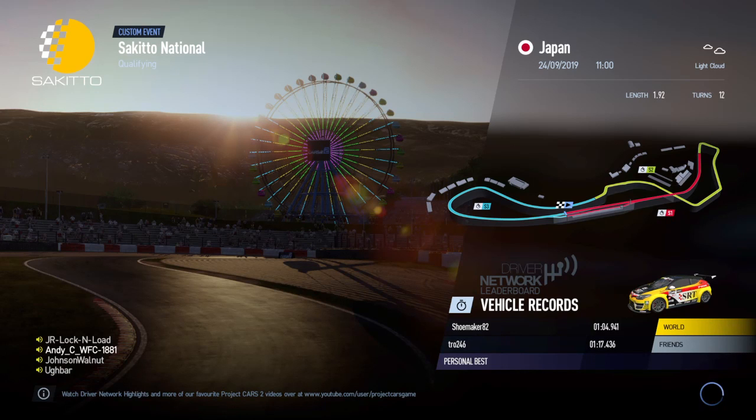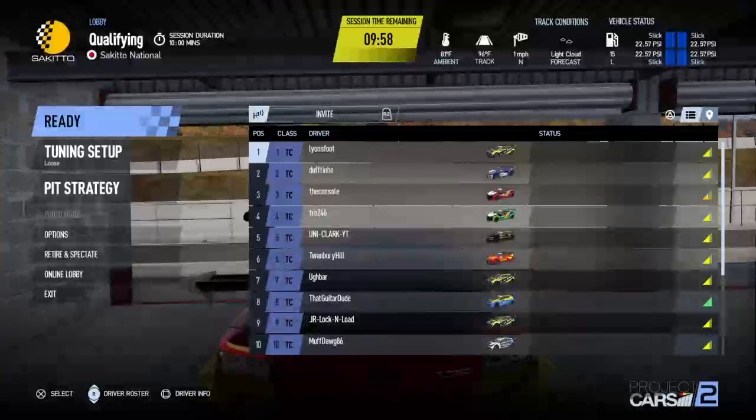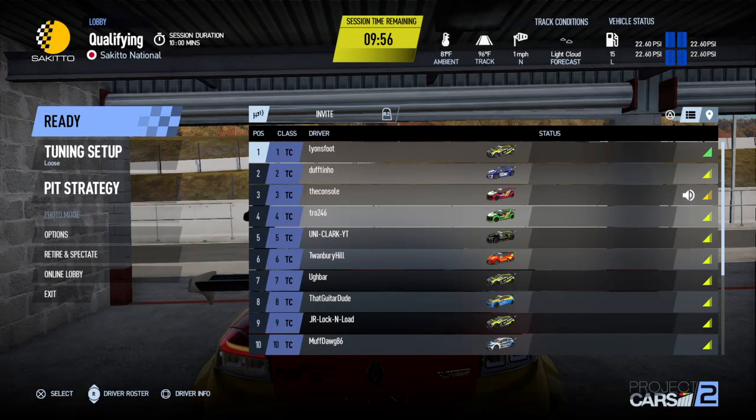Obviously you can join us for 4 nights this week. We're on Thursday night, September 26th. The Thursday Night Lights series will be returning for a season 2. We're live from Road America at 8 o'clock in the evening on Thursday night. We're going to be racing the Radical SR3s, and it's going to all be live on this channel from 8 PM BST, that's UK time. So be sure to join us on a live and dedicated and exclusive channel, and you won't miss a piece